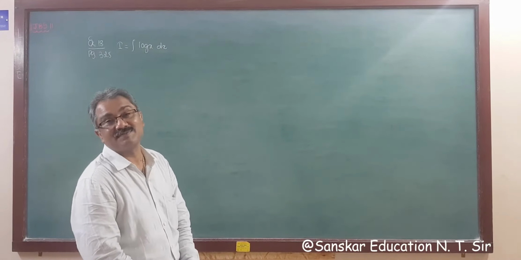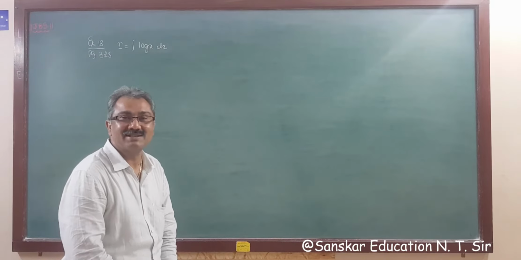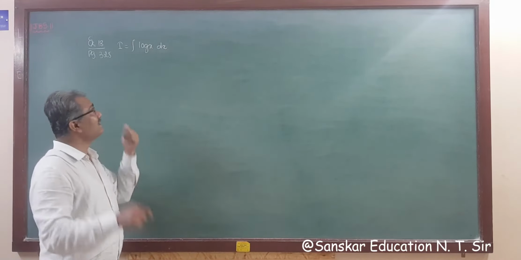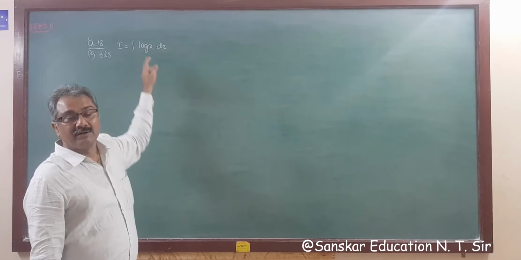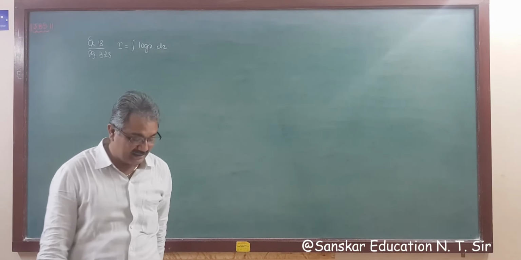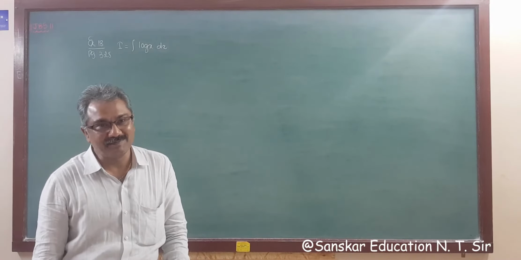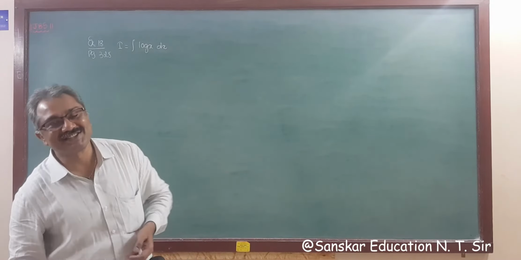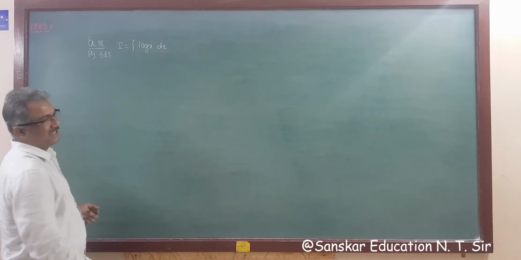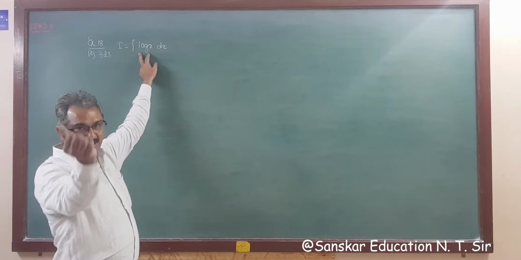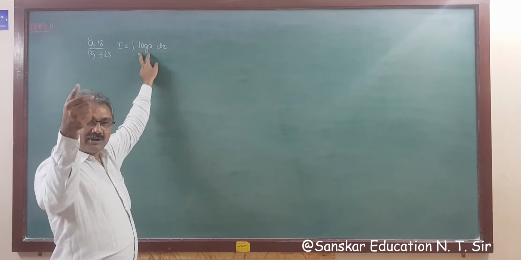So what is the answer? x log x minus x plus c is the integration of log x dx. You have to remember this now as a formula. Now you don't have any formula to integrate log x. That means you have to apply integration by parts, because we are solving the questions of integration by parts. So in this type of question, what do you have to take?